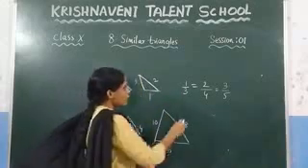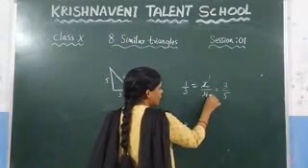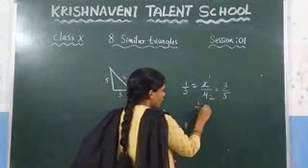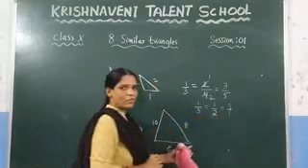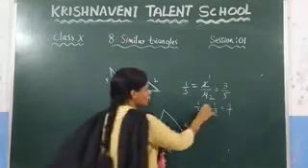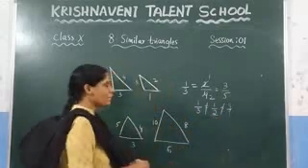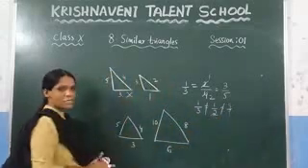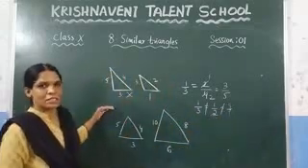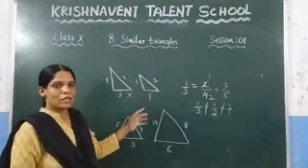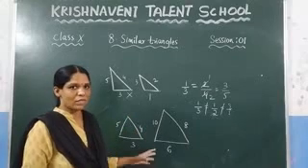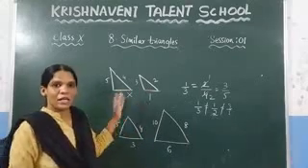No. Here you can consider that if these two get cancelled, you will get here 1 by 2. You are getting here 1 by 3, 1 by 2, and 3 by 5. Are these three fractions equal? No. Since these three fractions are not equal, we can say that these two triangles are not similar. So here, what is the condition for the similarity? You need to check the corresponding side ratio. If the corresponding side ratios are equal, then only we can say that they are similar.